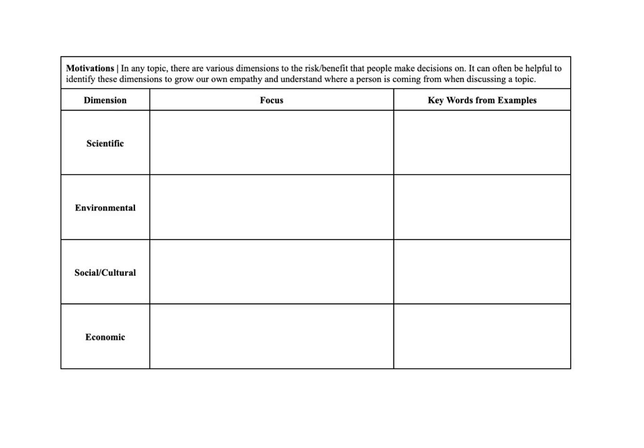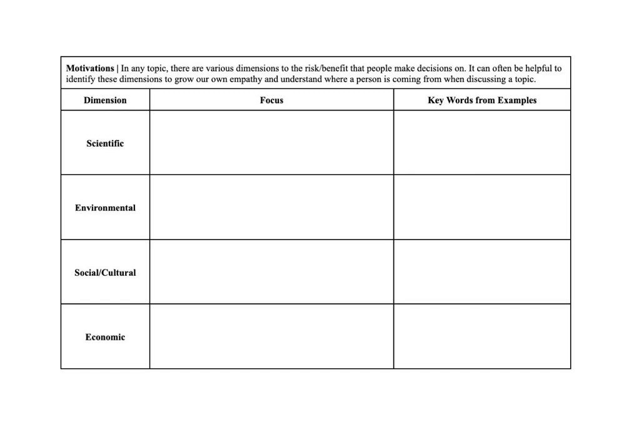So what you're going to do is you are going to look at each of the slides. There's scientific, environmental, social and cultural, and economic, all about people who are either for a nuclear power plant being added to the town of Shelbyville, or people who are against it, and their motivations fall into these dimensions or these categories. You're going to read each slide, and you're going to put a couple of bullet points about what the focus is of their argument, and then you're going to read their examples and pull a couple keywords. So like, what are some things they're saying?